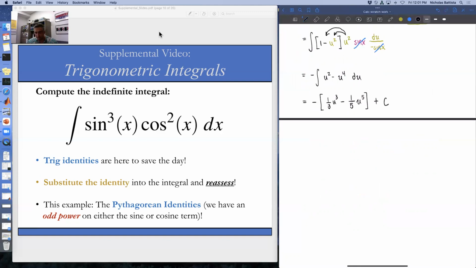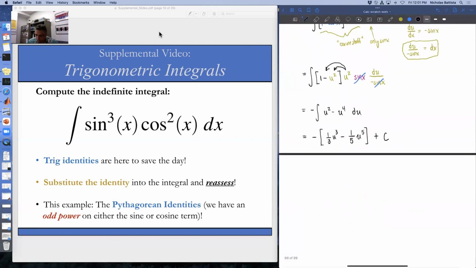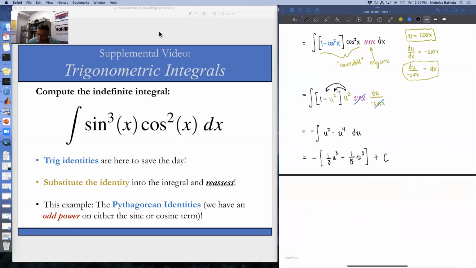And the last step for us now is to put in what was originally called u. And again, that's going back to our substitution from before. Everywhere there's a u, we replace that with cosine. So the final antiderivative in this problem is 1/3 cosine cubed of x minus 1/5 cosine to the 5th power of x,